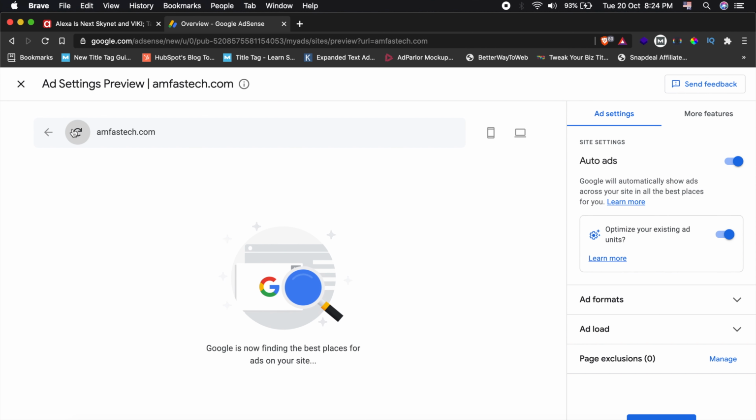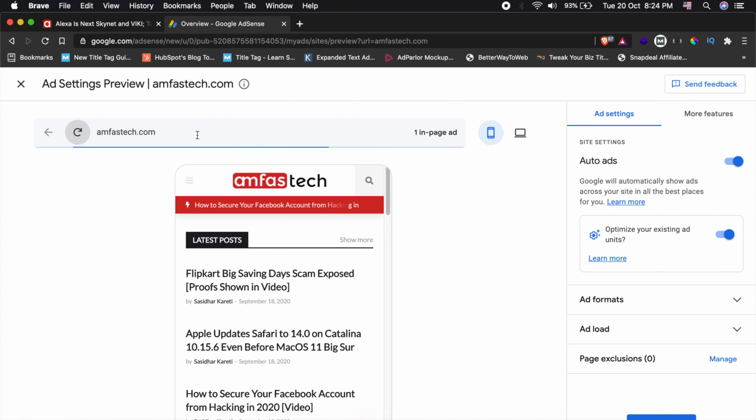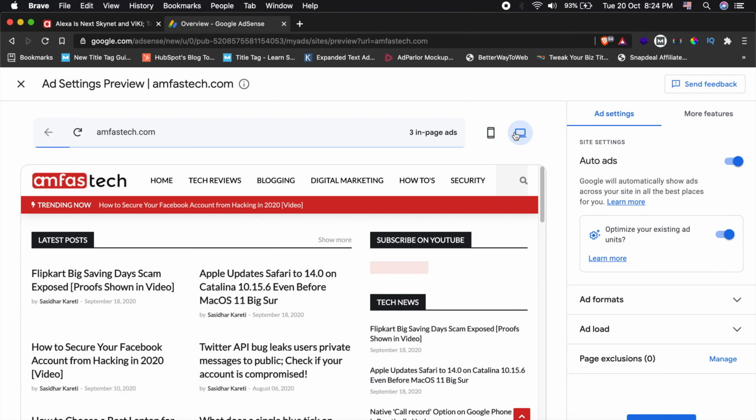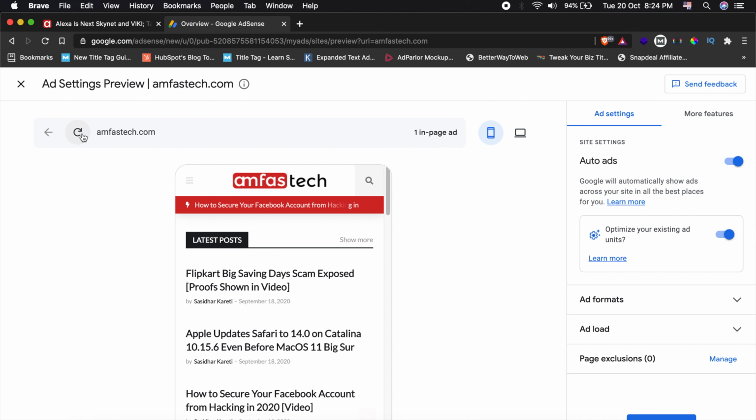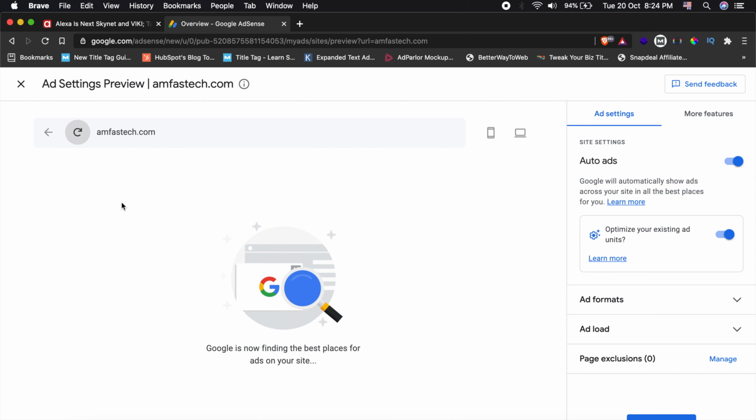You can load the website for the preview, where you're going to see the ads actually. This feature was not available back when auto ads were introduced, but it is available now. This is loading on mobile, and this is how it looks on desktop. Let's go with mobile first, because mobile traffic is what is important right now for us. So as I reloaded the page,